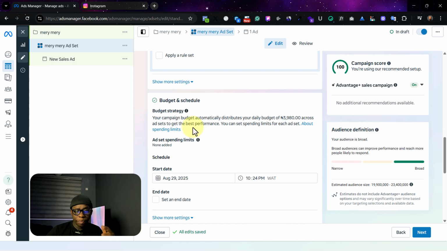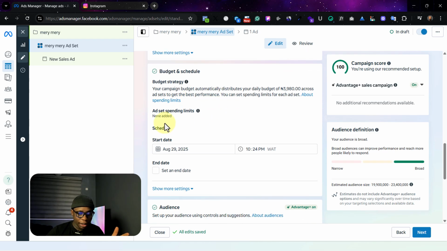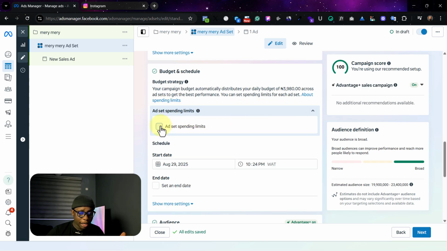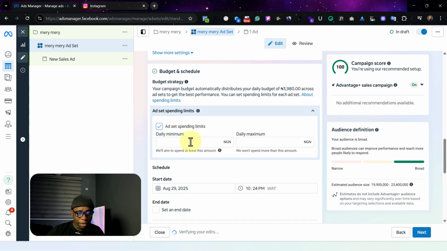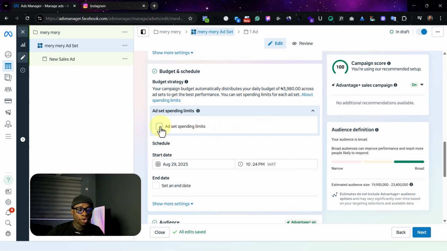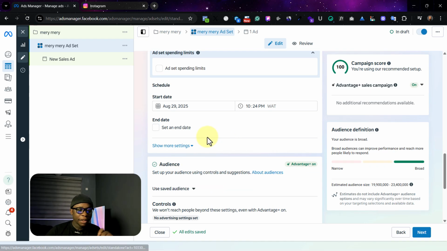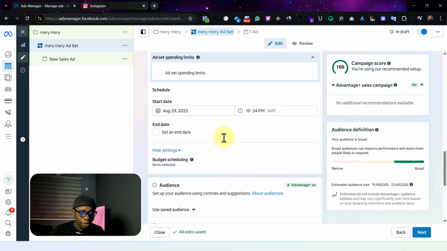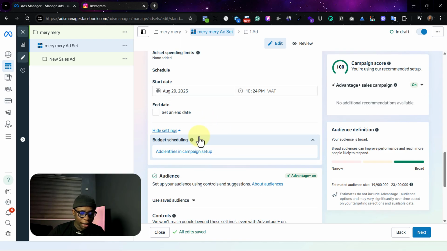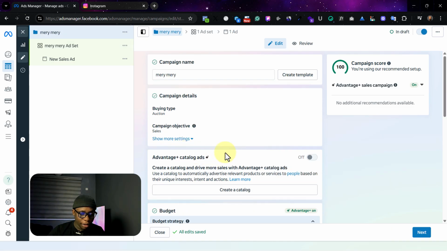Then the next thing is going to be budget, schedule, dates, and all those things. So you can add a spending limit if you want, and say I want a daily minimum and a daily maximum. This is the amount. So if you want so much control over your ads, you can select start dates and say, okay, I want it to start here and end here. It all depends on you. Then you can also see scheduling. You can also add scheduling entries here. So if you click on it,